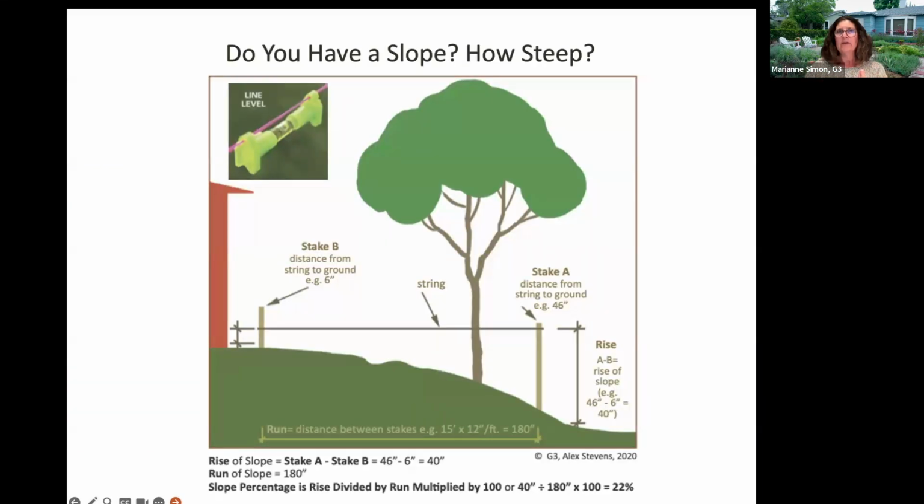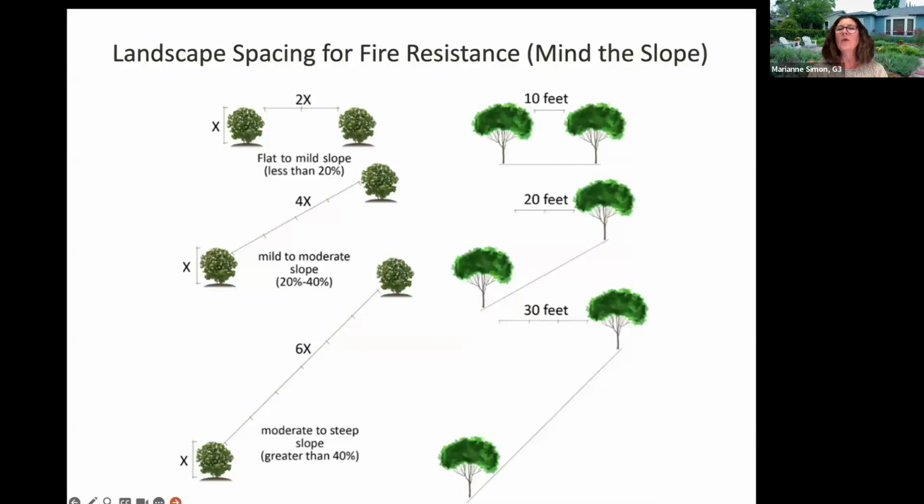So other things we're looking at, we just saw the importance of your topography. If there is a slope, it's important to understand how steep that slope is, because fire moves differently depending on the steepness of that slope. And in the guidebook that you're going to get tomorrow, we actually show you how you can measure that. You can go out there with a line level and a string and go, wow, it's a 1 to 3 slope, or 1 to 5 slope, or 1 to 20 feet slope. And depending on how steep that is, that will actually impact how you lay out your plants.